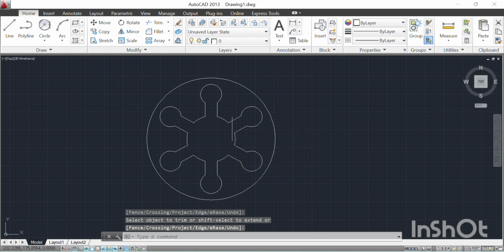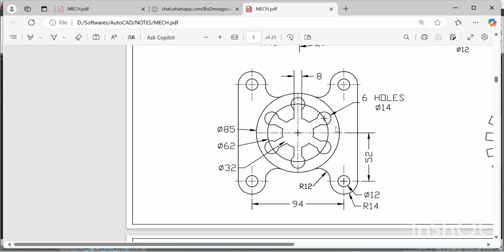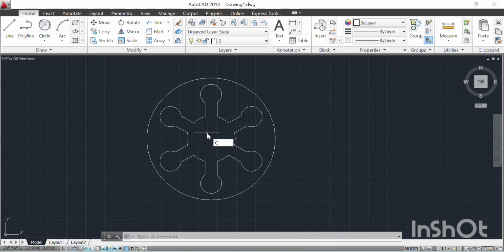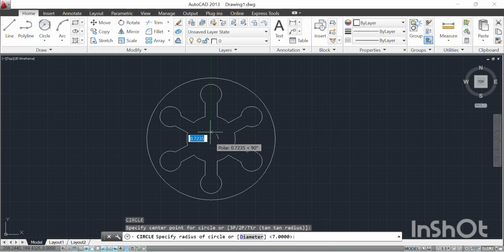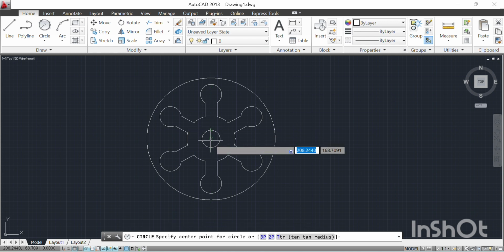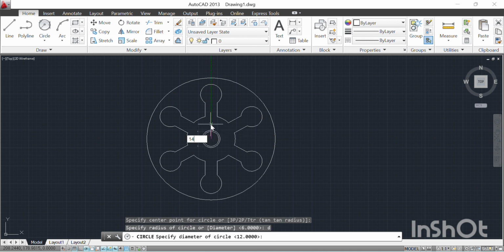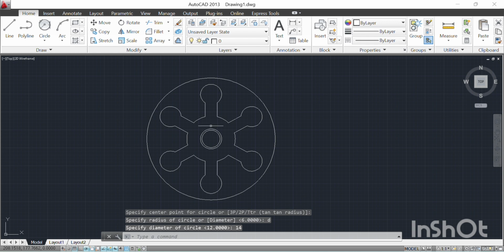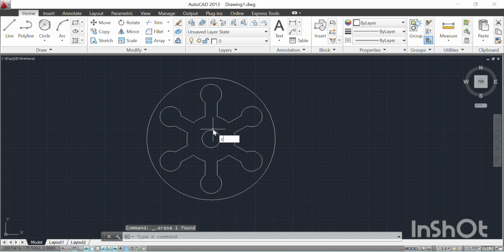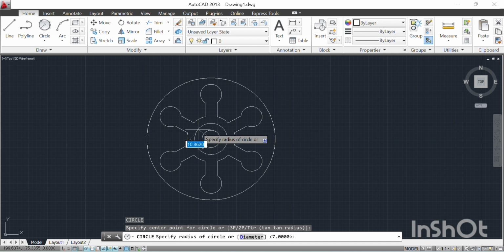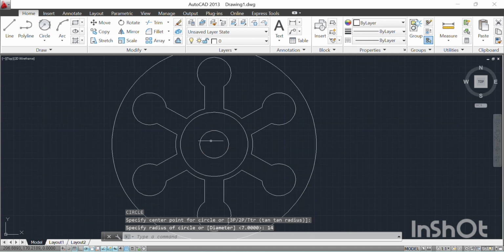And the next step, we will draw this circles outside here. This is dia of 12 and radius 14. So first we will draw this circle on the center point, and then we will move this 6 7, and the next one is the 14 mm diameter, so C enter, specify center point and 14 enter. And now we will move this